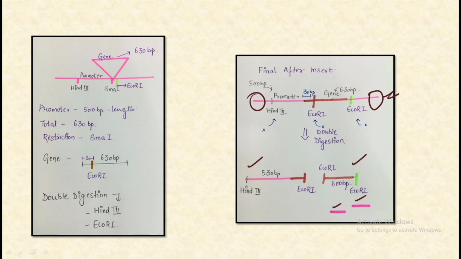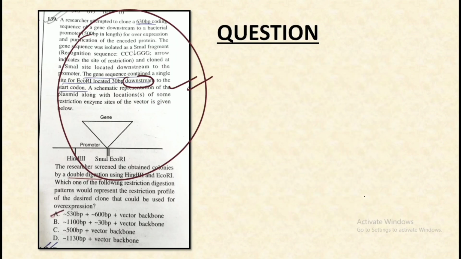So this is the complete question. I hope this question is clear to you. If we analyze all 4 options, we get the final answer: one fragment of 530 base pairs, the second fragment of about 600 base pairs, and the third being the vector backbone. The symbol at the beginning of these digits represents the approximate value, because in a gene we cannot specifically say that it would have exactly 530 base pairs. It might have 531. This is the reason why we use this symbol.